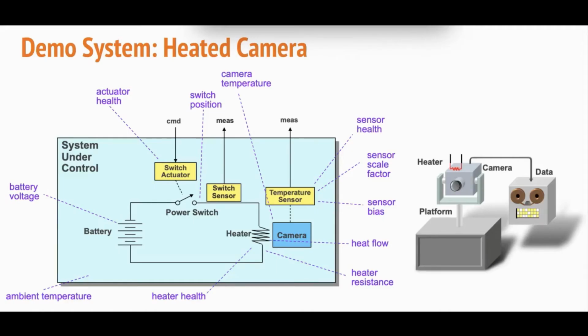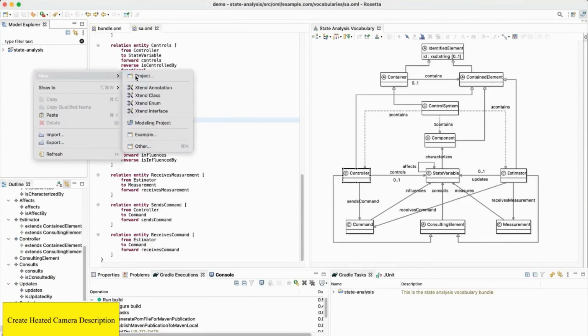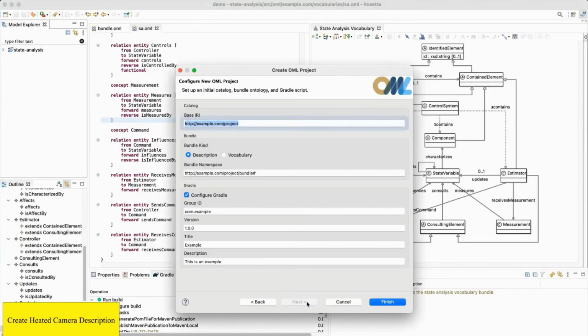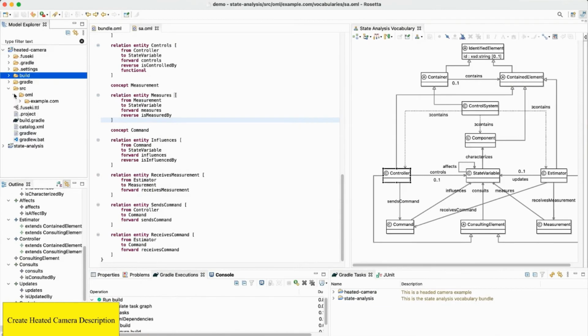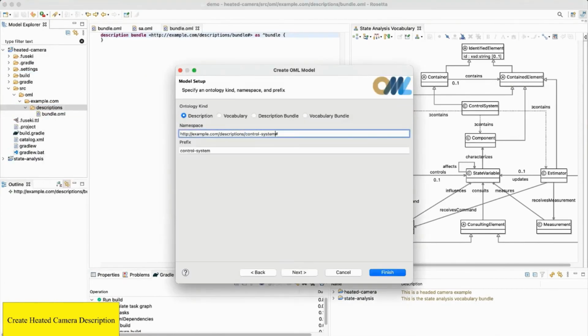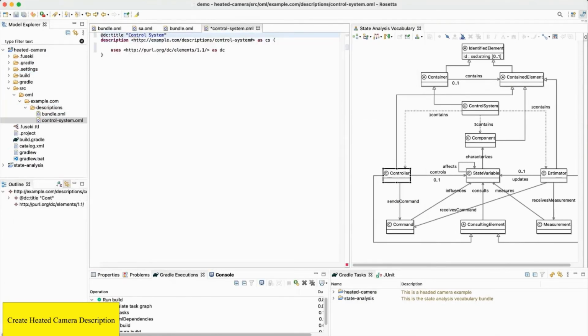Now that we have done that, we can use it to model this heated camera example. This time we define a description project and say which vocabulary we want to use with Gradle dependencies. Then we can start to author the various fragments of our model.